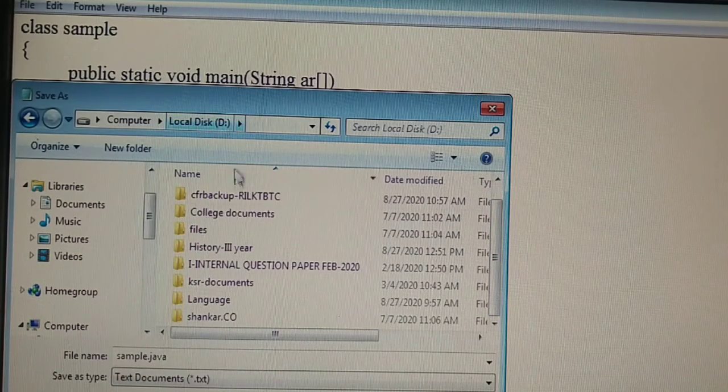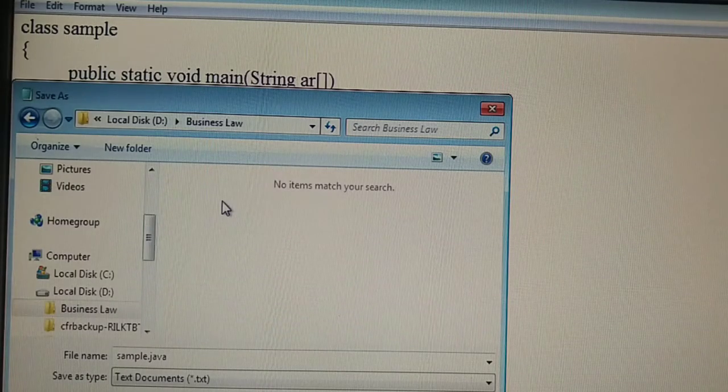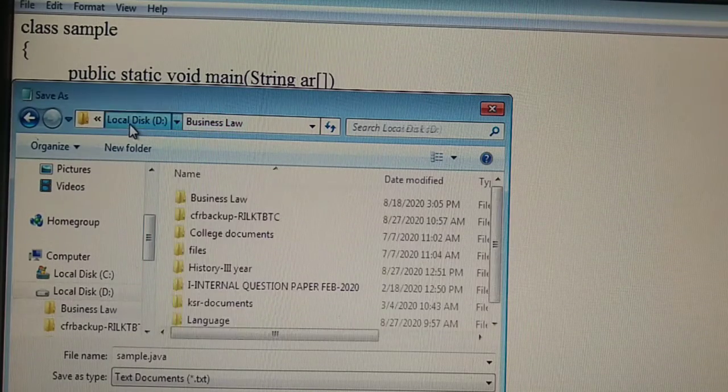For example, D drive. Next, for example, there is a folder, business law. So now where are you saving? D drive, business law. Now it is only the D drive. Here you look at which drive is showing and which folder is showing. That is the place where you are saving the file.